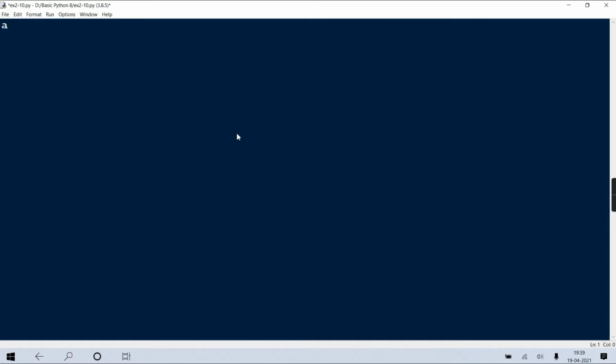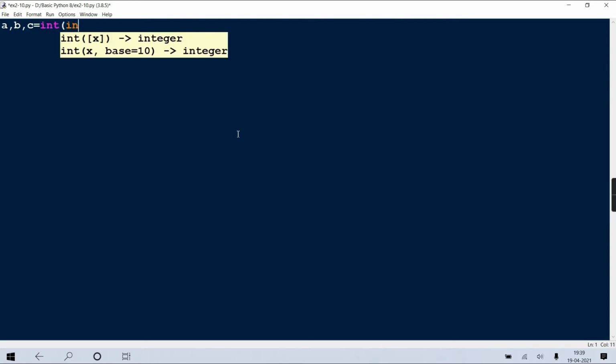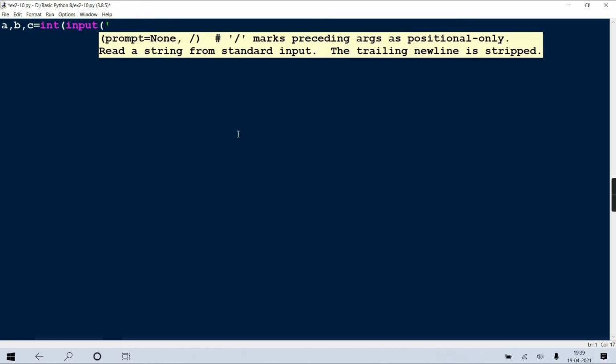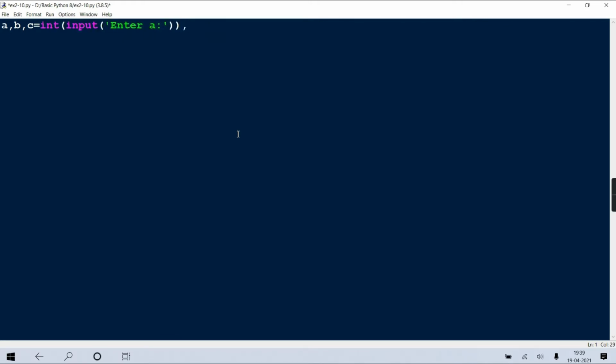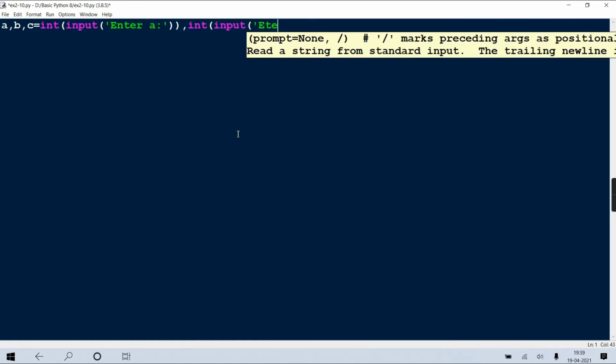Now we will accept the coefficients A, B and C using int input. Enter coefficient A, enter coefficient B, enter C. You can give it in detail.